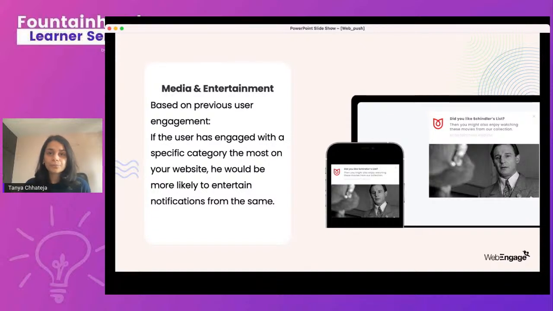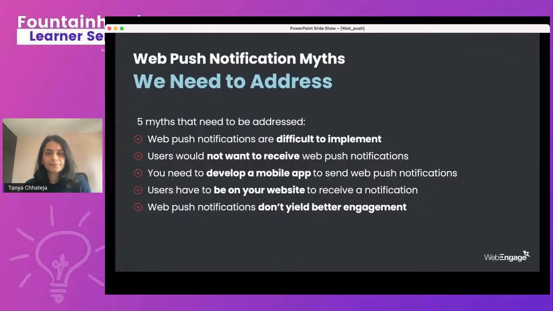You can also give a top pick from your end, to say that if you liked movie A, then our editors would recommend that you watch movies B, C, and D. So this is how I would go about creating a sample use case for media and entertainment.